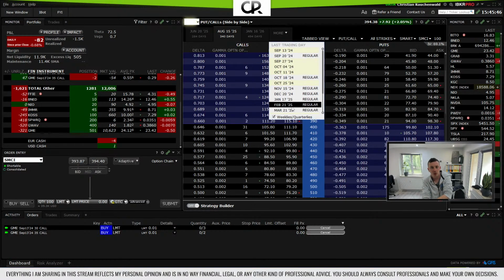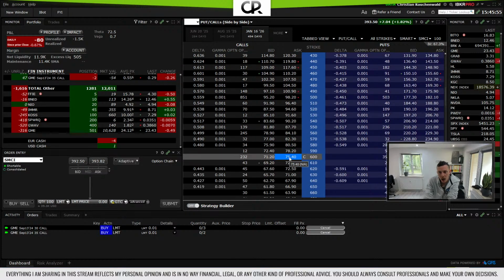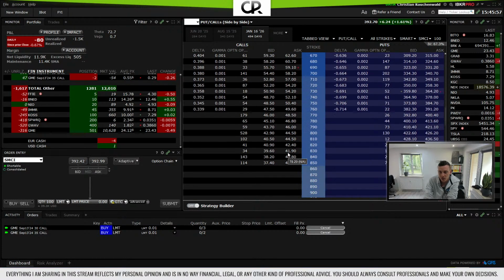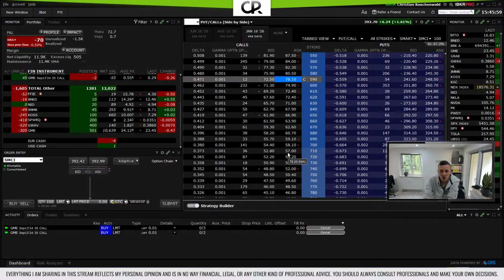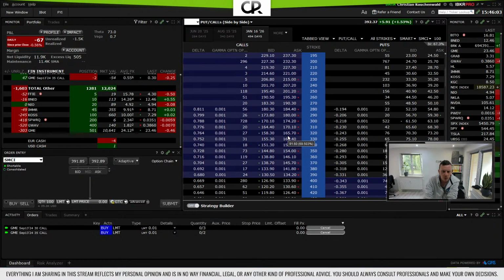Yes, and if we now go to January 26, yeah, it would be fairly expensive to bet on that unless we bet on a very, very high increase. We would have to check then later with option strat if it's worth it or not, but it's quite a lot of capital tied up